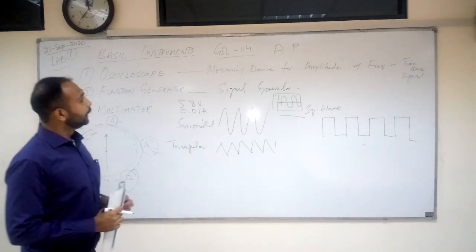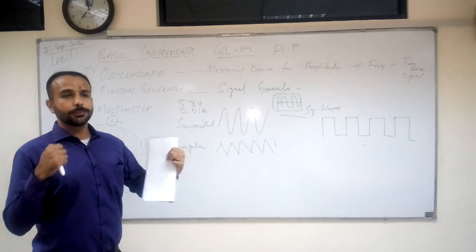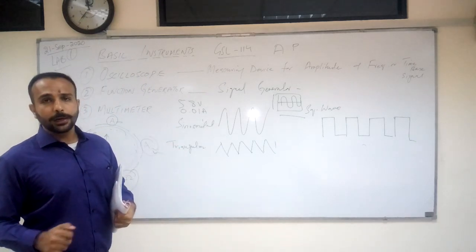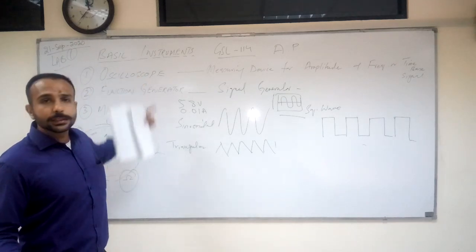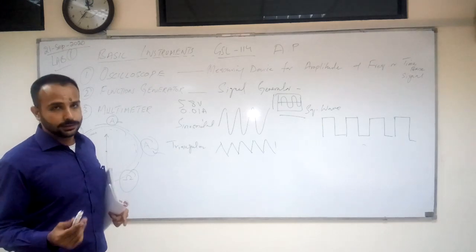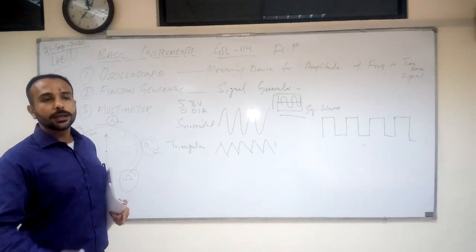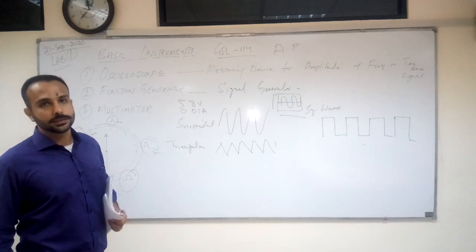Okay. Fourth one is your power supply. Power supply is your power that is used to provide the supply power. It means voltage or current to the system. These are the four basic instruments in the first lab we used to measure, to familiarize with these systems. Okay. Now we will come towards the practical direction. We will see how it works through these systems.